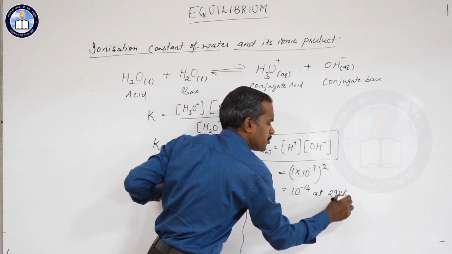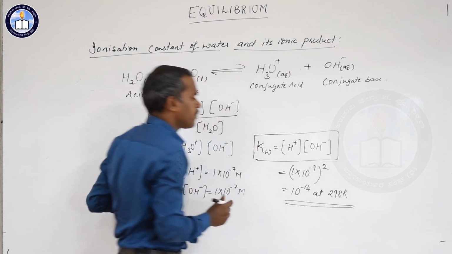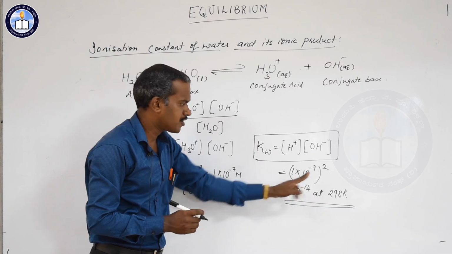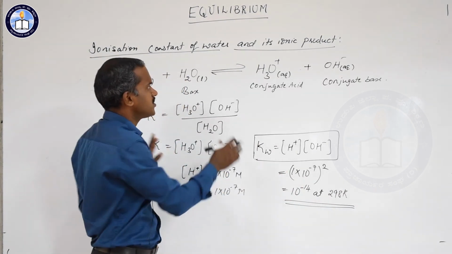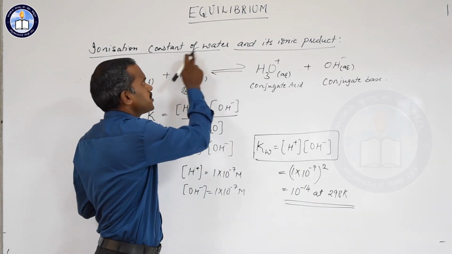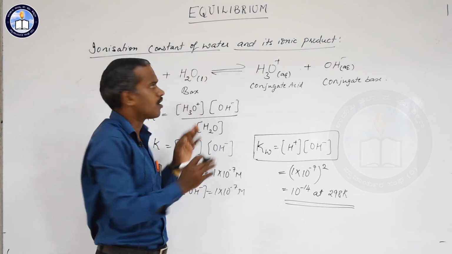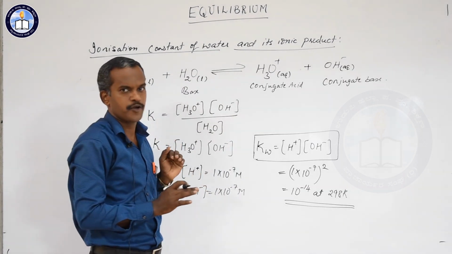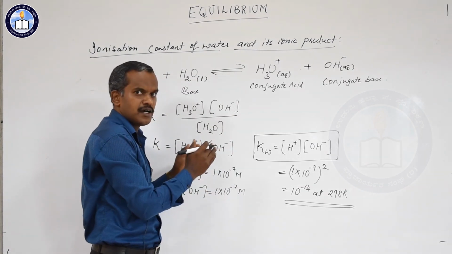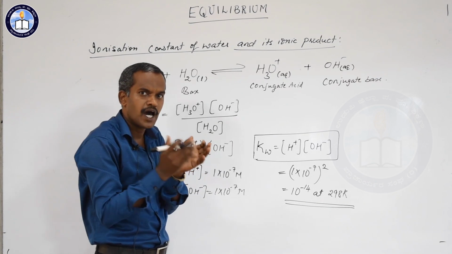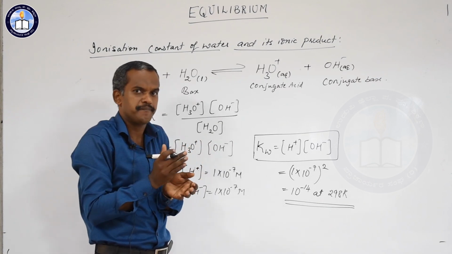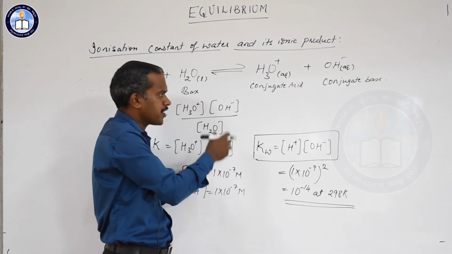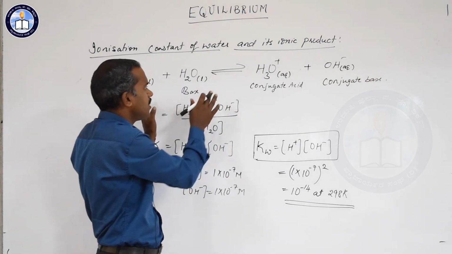That is the important thing you have to know. Okay, the ionic product of water is 10 to the power minus 14 at 298 Kelvin. So this is easy, about the ionization constant of water, the dissociation constant or ionization constant, and the ionic product of water. Next we have to understand what is the relationship between unionized water and ionized water. How they are related, how it is related to the molarity, try to understand. Before that, I think you are clear with this.